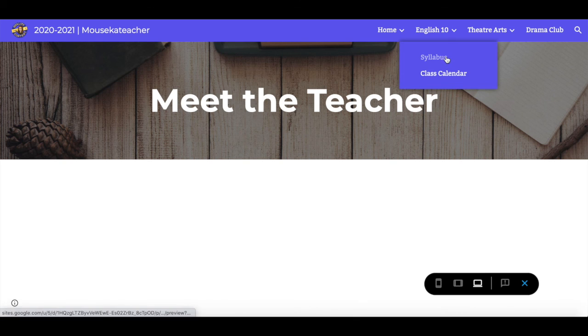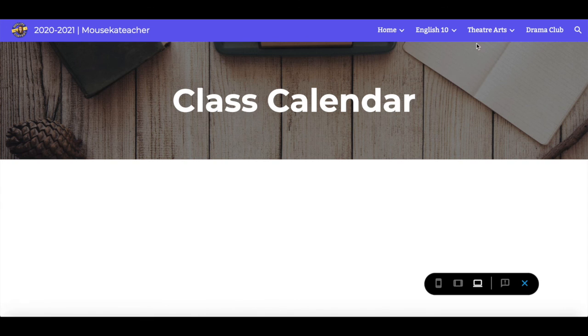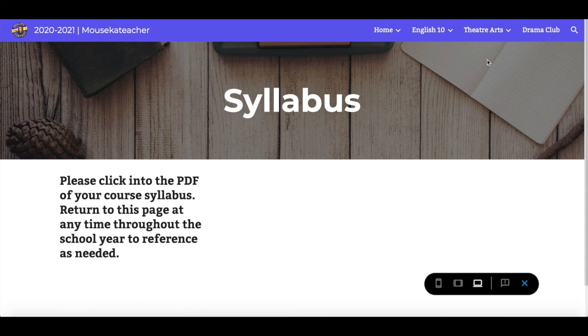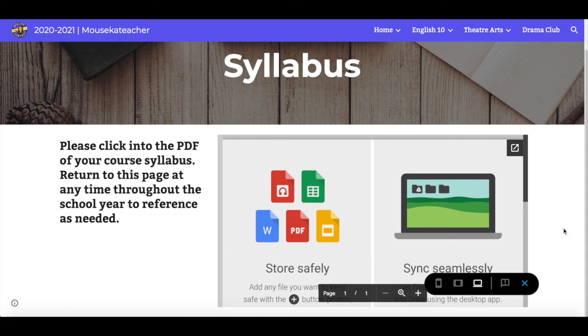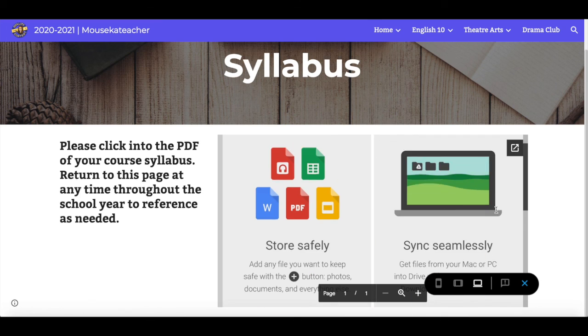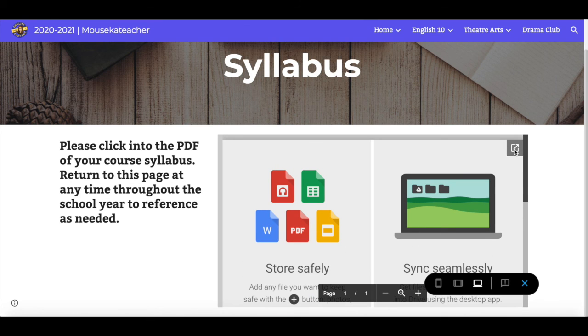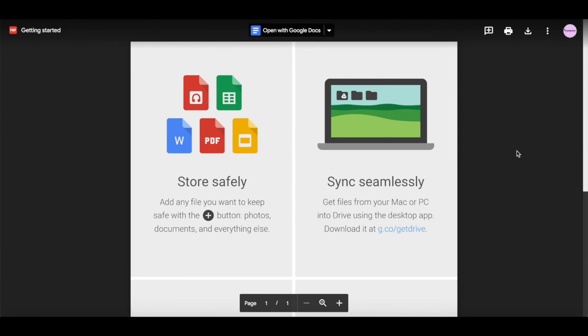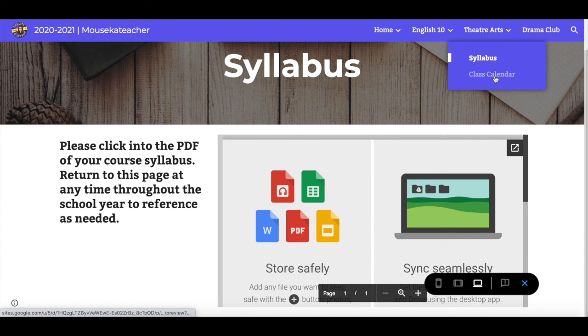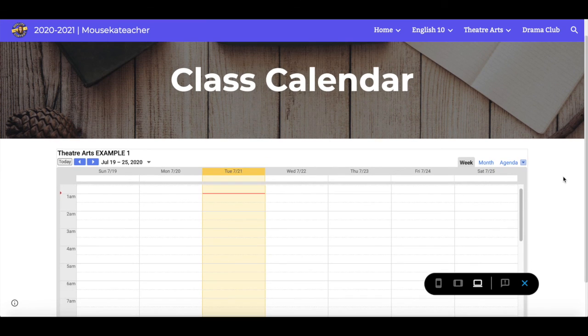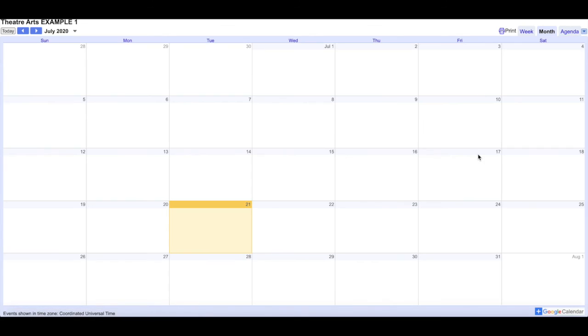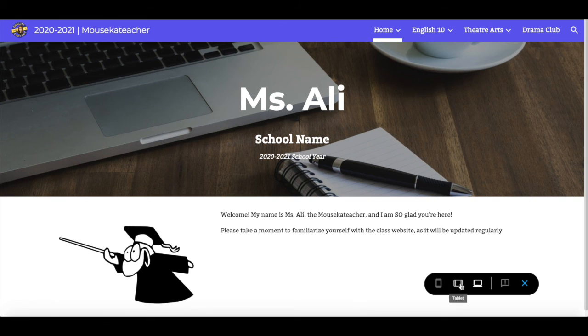So I've got home, I can click on Meet the Teacher, English, syllabus, calendar, got theater arts, syllabus, and this is going to generate. And what's great about this, I can scroll and actually read the document here, or I can click on pop out and it will open that PDF for me in a larger scale. I've also got the class calendar here, and in a similar fashion, I can pop it out and it'll show me an overview of the month. And this is where parents, students, guardians can actually hit print, and they can print out when all their assignments are due. I'm going to hit home again,